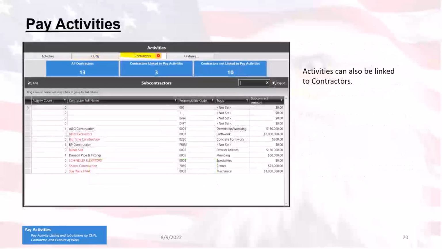Next, we have the Contractors tab. Again, this is a list of all of the subcontractors that happen to be set up for this particular contract, and you'll be able to see what they are based off of their responsibility code, as well as their full name. Now, any of the ones that show up in red over here are going to be ones that have not been linked to an activity, which you'll be notified by this over here because this tells you how many activities are associated with each of those particular